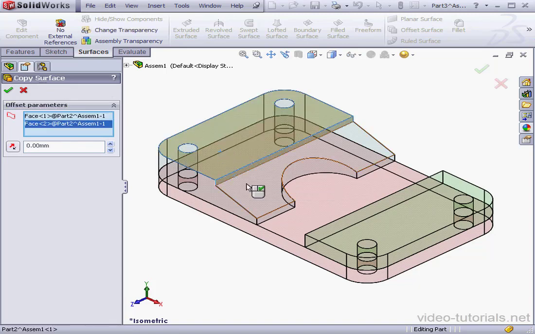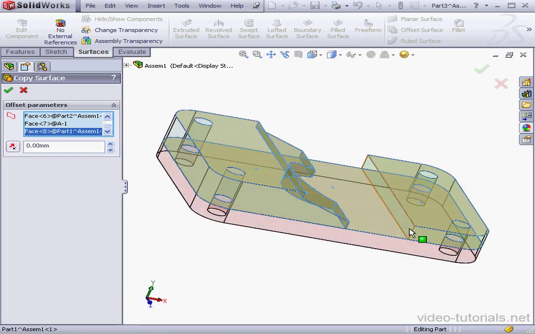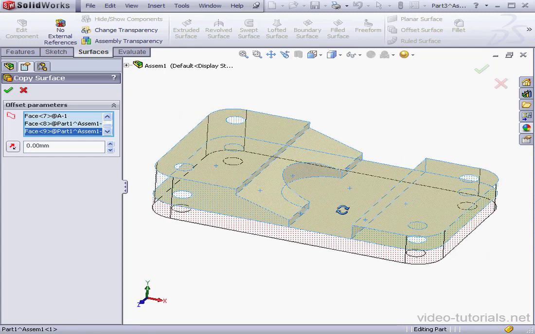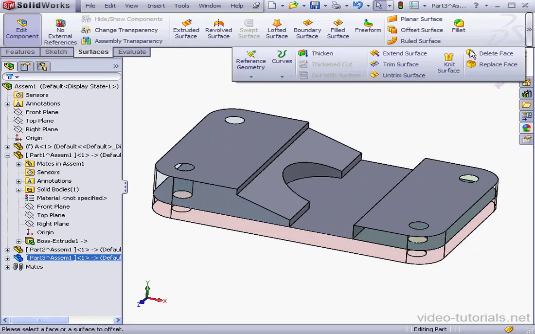Let's select a few surfaces now. This one, and let's click OK. Next step, I need to do some trimming. Activate the Trim Surface tool,